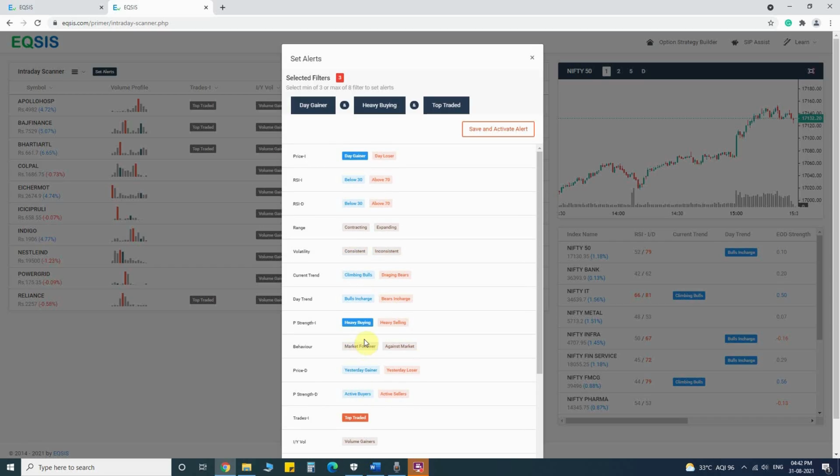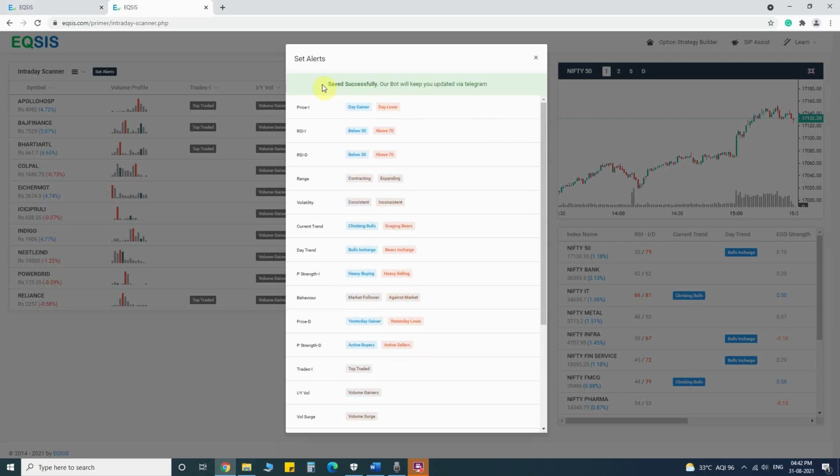I'm not telling you this is my combination. I still recommend you to backtest and work with your own study as well. I'm just giving you a demo of how this combination works. If I save alerts now, look at this. If I save alerts, it is going to give me "your alerts got saved successfully", because in the backend, we have